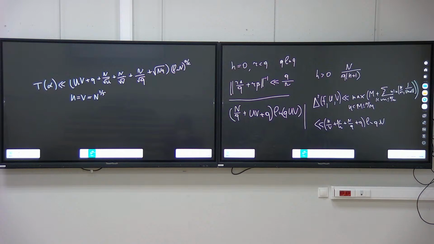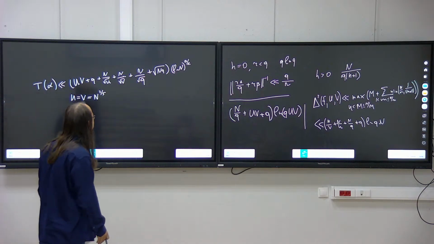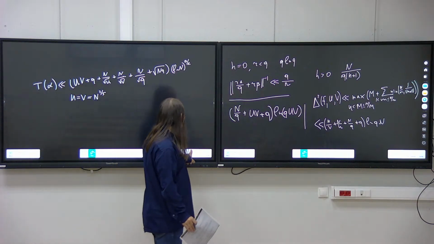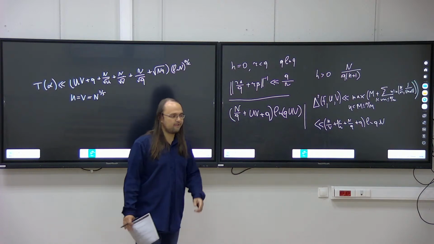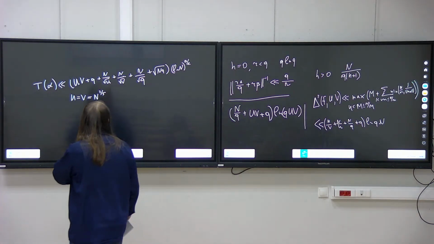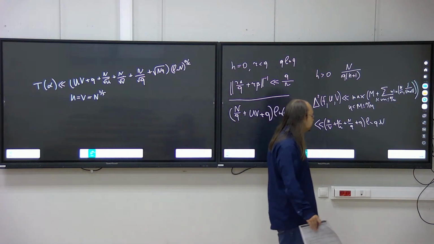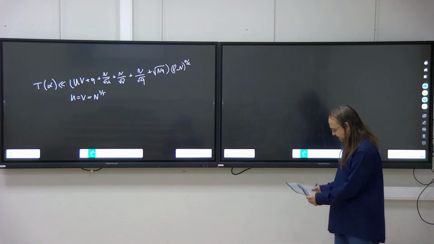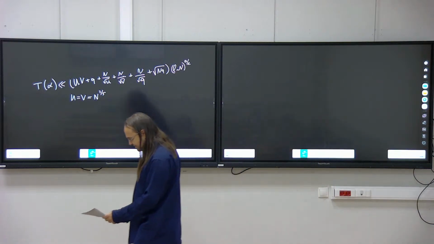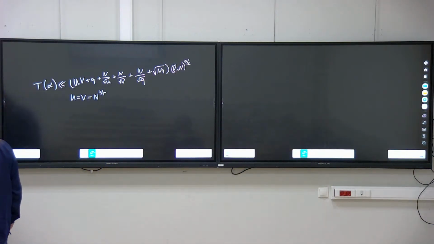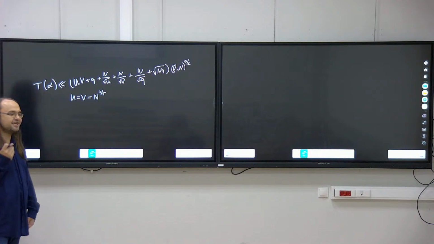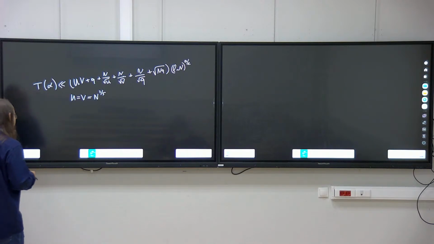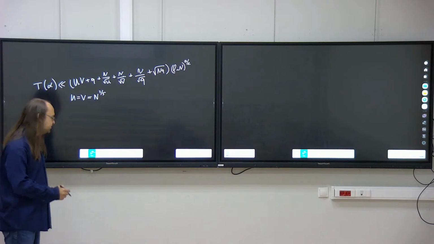I hope you got anything from this, because now I want to apply this result to a certain very well-known problem. A very well-known problem is the Goldbach conjecture, which has two forms. The first form